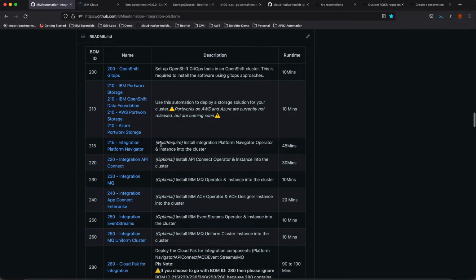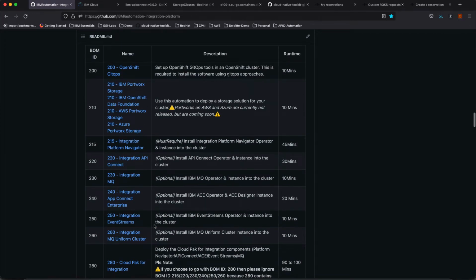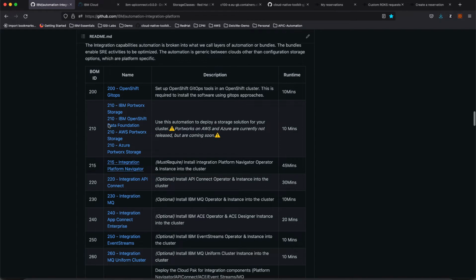A quick outlook on these modules. You can ignore these numbers. These are all for internal matters, but the main idea is that this particular module helps you to set up OpenShift GitOps, nothing but ArgoCD. As I mentioned earlier, this module will help you to set up the storage. In case of IBM, you have an option of either Portworx or ODF. In case of AWS and Azure, you have only Portworx as an option. So if you have created a cluster without a storage class, you can make use of this module and then provision